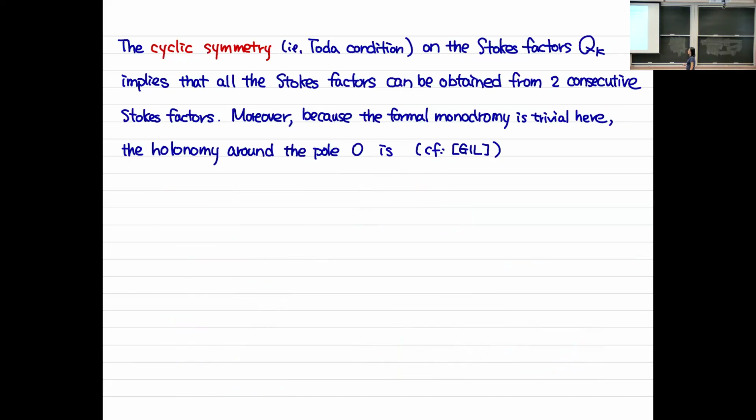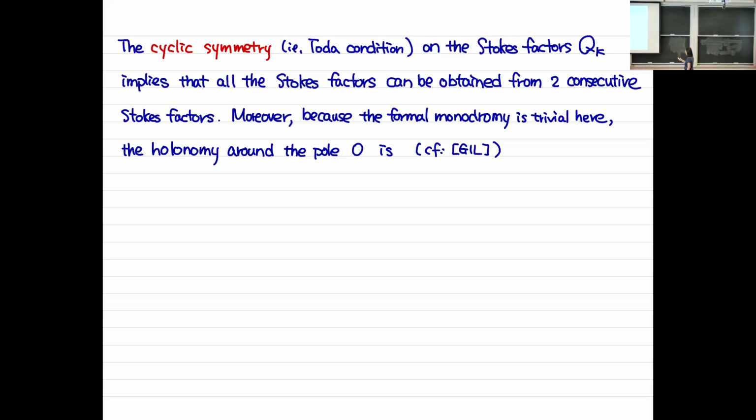So the cyclic symmetries, the Toda conditions: the effect on the Stokes factors is that all the other Stokes factors can be obtained from 2 consecutive ones. So you just need 2 consecutive ones, and you can generate everything else. That's the Toda, and also because the formal monodromy is trivial here. In Gil's paper, it's a computational result, but we will see a Lie theoretic reason why this is true